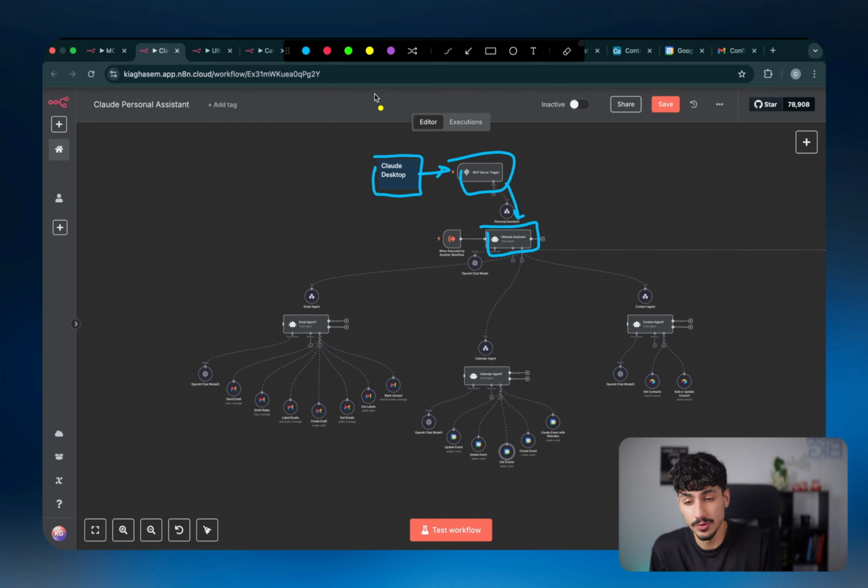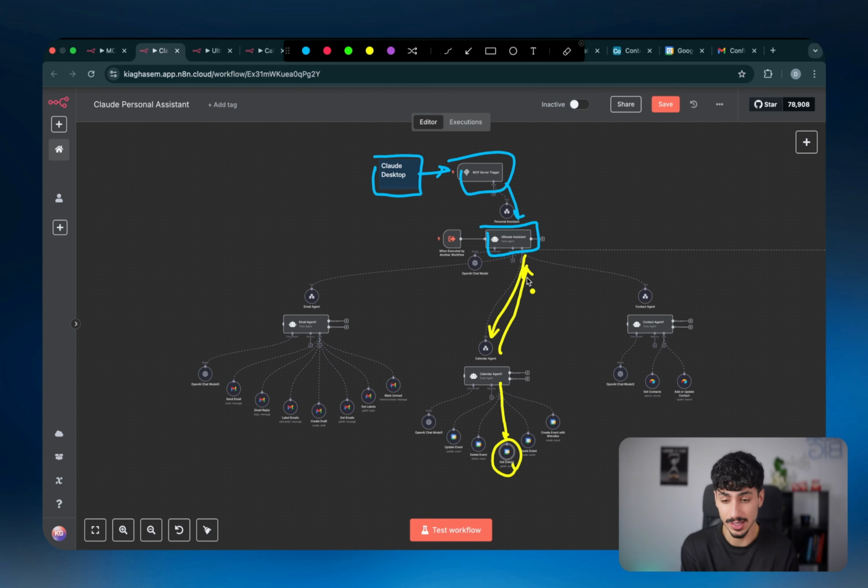So for example, in the case of the calendar availability demo that we just did, the ultimate assistant agent is saying, okay, well, I've got to figure out first what sort of calendar availabilities we have on Friday. So it's asking the calendar agent, calling on the get events tool, then it's coming back up to the ultimate assistant. And then the ultimate assistant is saying, now I need to send an email to KirgSM. So it's like, okay, well, first I've got to ask the contact agent to figure out exactly what the email address for KirgSM is.